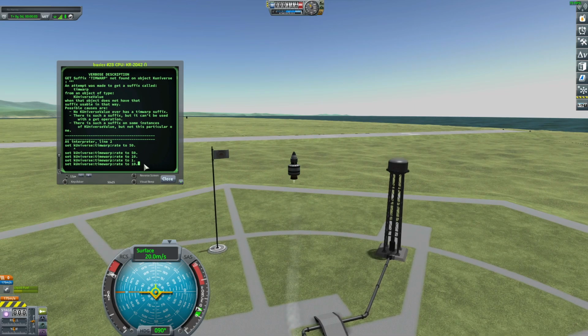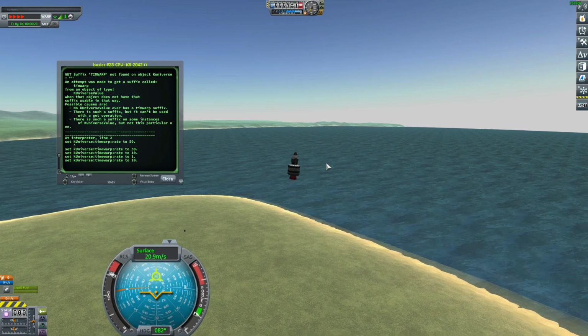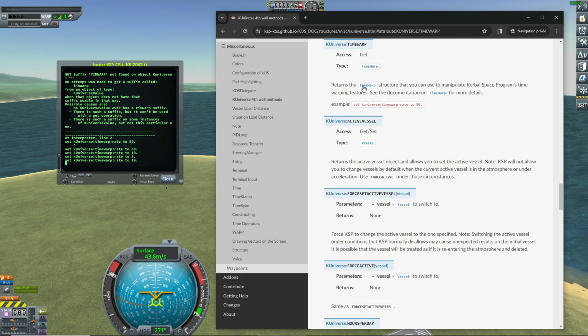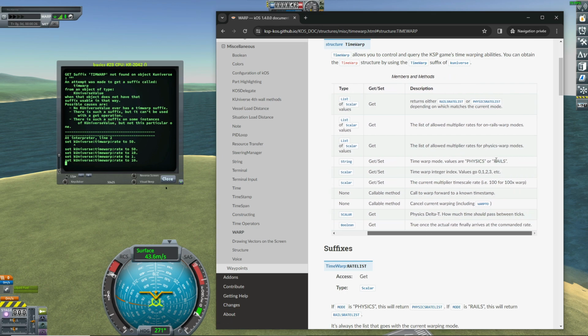Okay, and if I set the time warp rate to 10, it's not possible, because you know that when you are in the atmosphere of Kerbin, the maximum time warp rate is 4, even if you have the 10 value here. So you can use the rate for the time warp, or if you click here in the time warp structure, you have access to the rate list, the raise rate list, the physics rate list, the mode if you want to be in physics or raise mode,